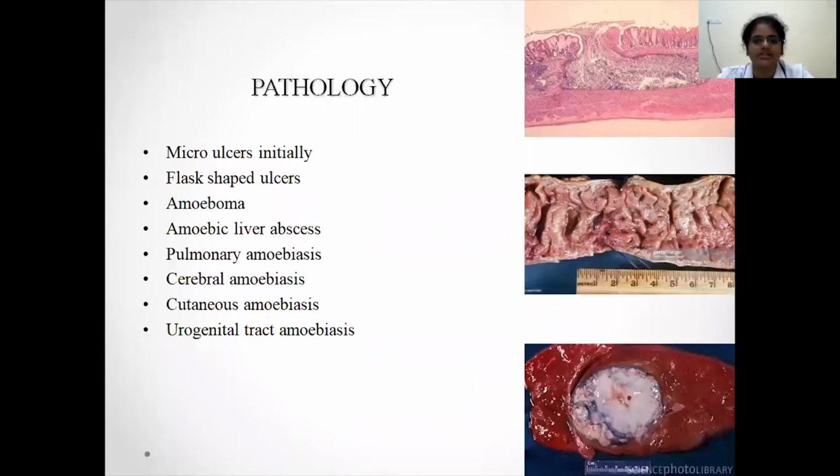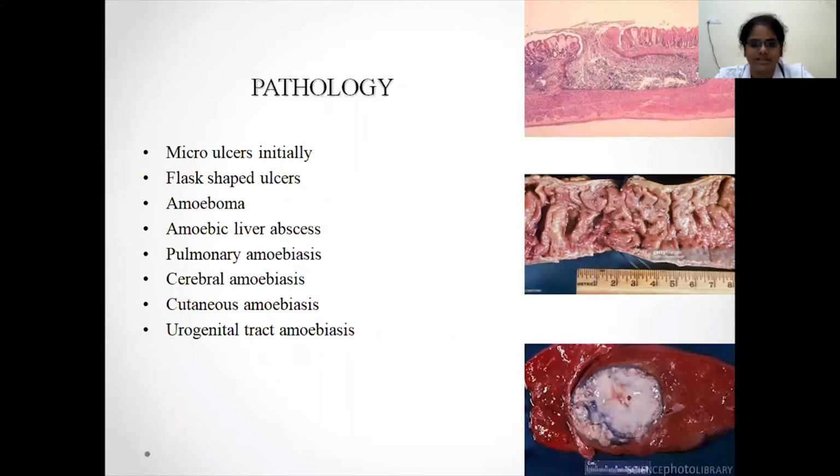Next, coming to the pathology. Initially, the ulcers formed by this are micro ulcers in the bowel mucosa. Later, in the underlying bed of the ulcer, necrotic damage will occur, and they'll convert into flask-shaped ulcers. Here, the first picture shows the top. It is like a flask shape. The bowel mucosa is disrupted. Then further deep down, tissue damage will occur, extending into the submucosa and muscularis, and they'll cause flask-shaped ulcers. Usually these ulcers don't perforate, unlike typhoid ulcers.